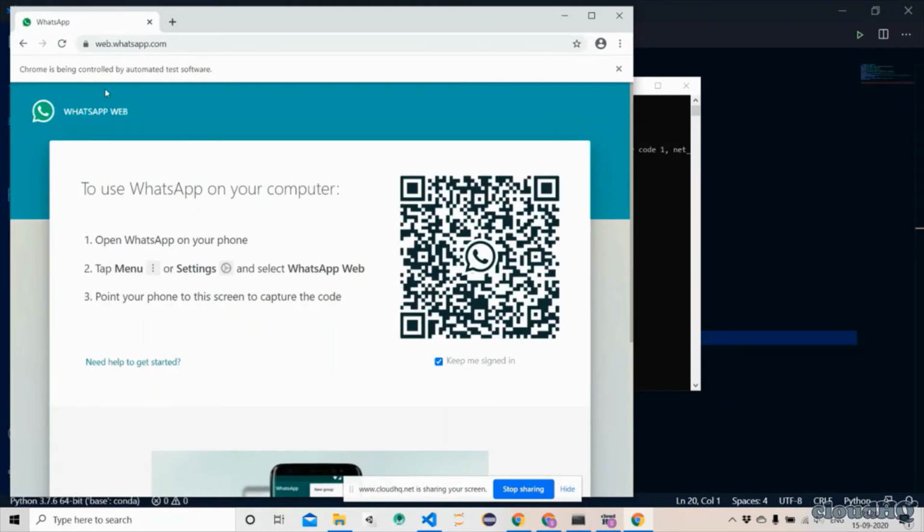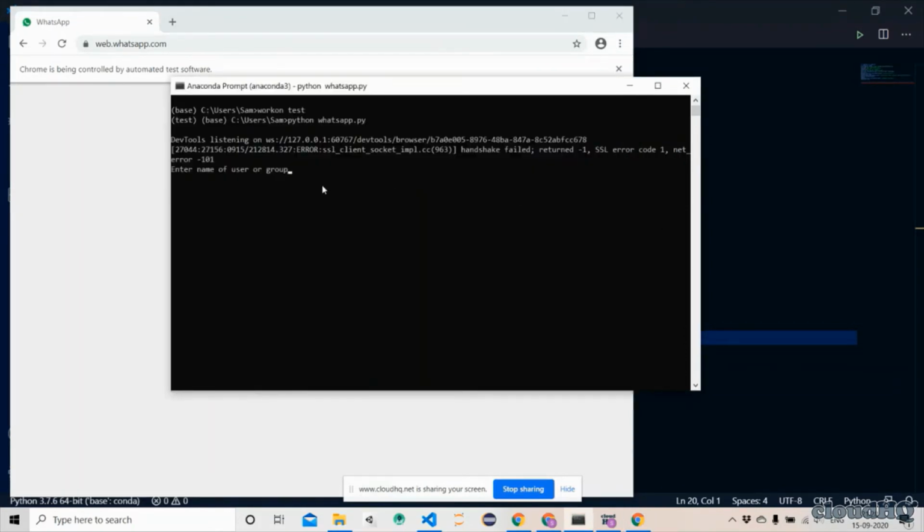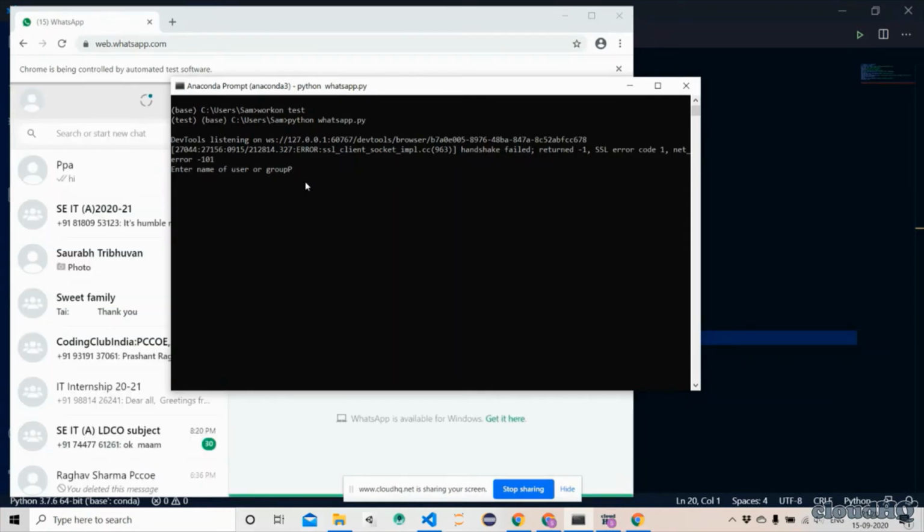Yeah, so I will just scan the QR code, and here I would enter the name of the group or person, and enter your file path.